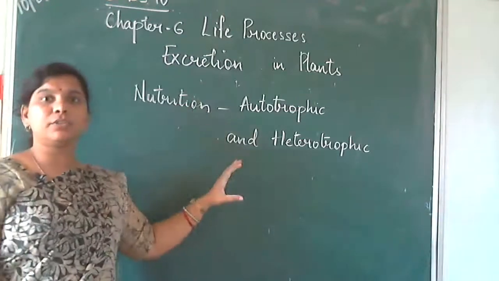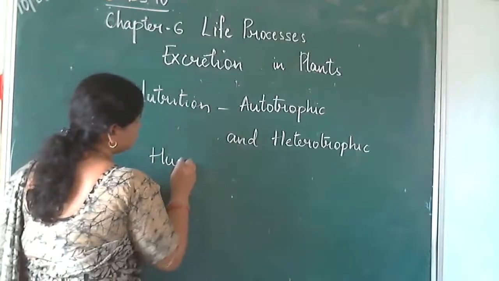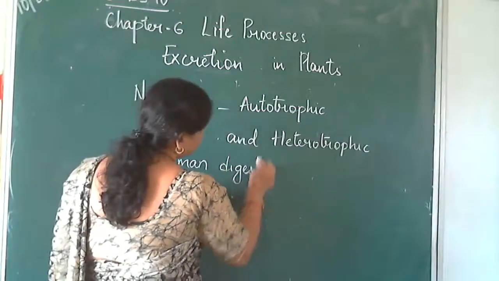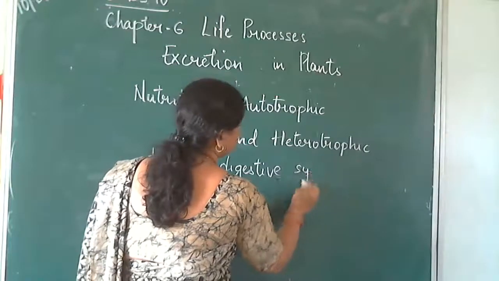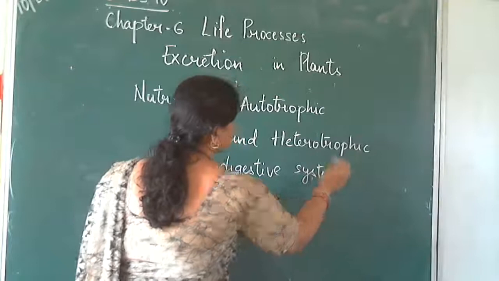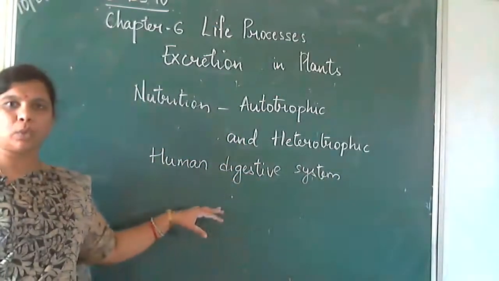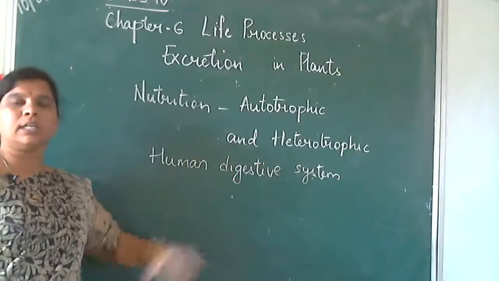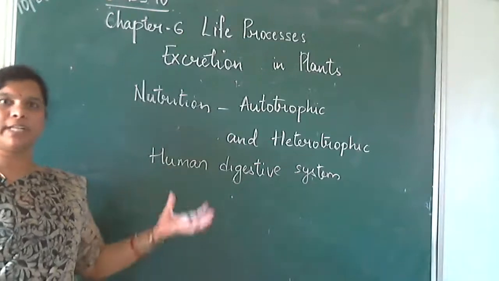Again in that nutrition we have learnt about the human digestive system, which is the, what is the organ in the human digestive system? Alimentary canal. Okay, so in this human alimentary canal, which starts from the mouth and ends at the anus. Through this process the food is chewed properly in the mouth. Okay, it mixes with the saliva.